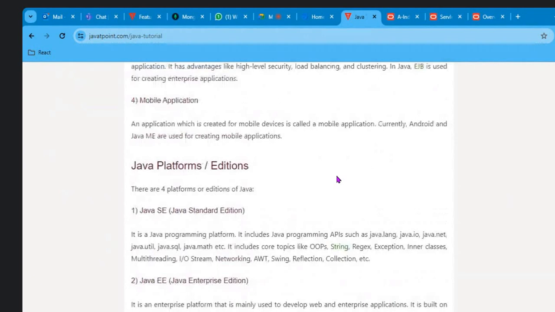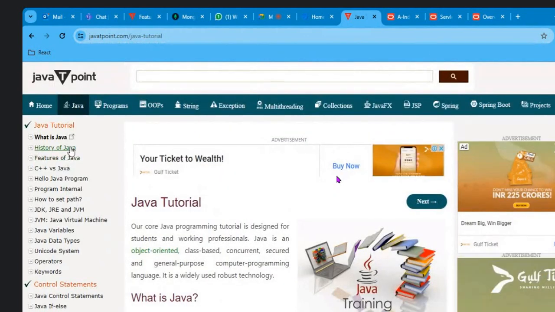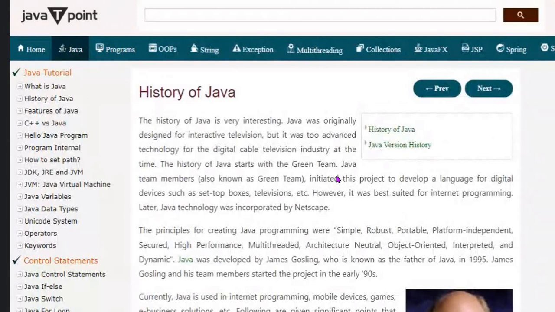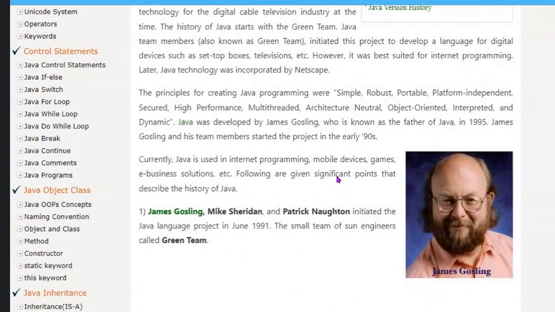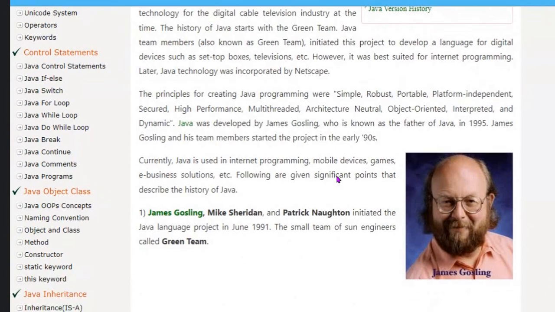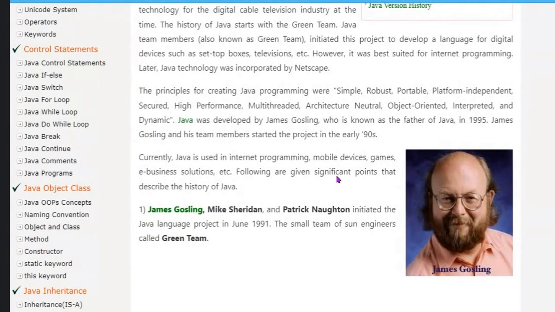The first topic, overview of Java, is covered. So what is Java is covered, and next comes the history of Java. In history, as an overview, I understood that James Gosling is the father of Java, and in the early 1990s he started with the name Oak, and later he changed the name to Java in 1995.